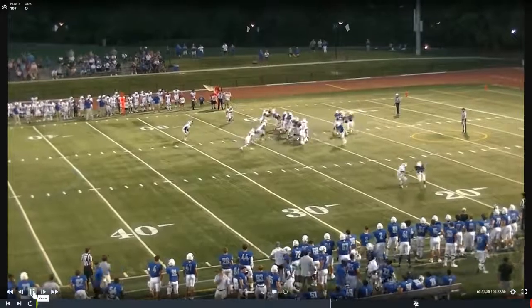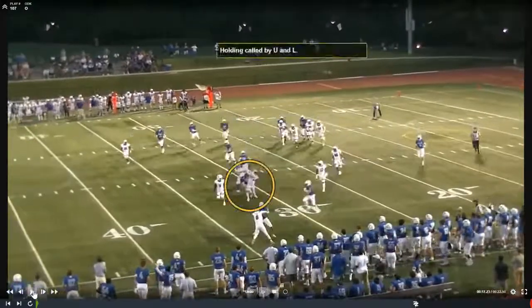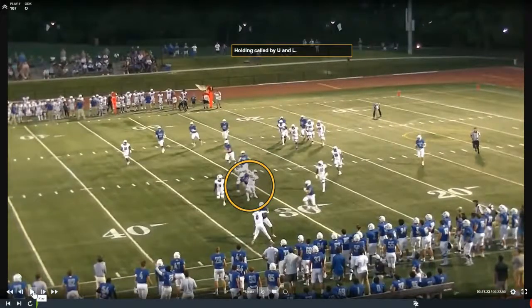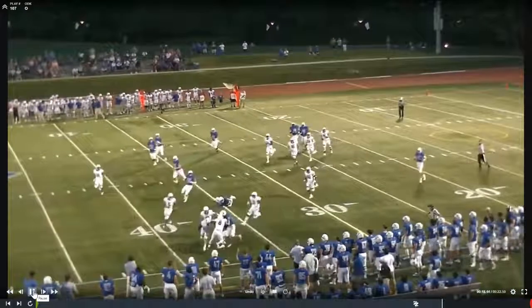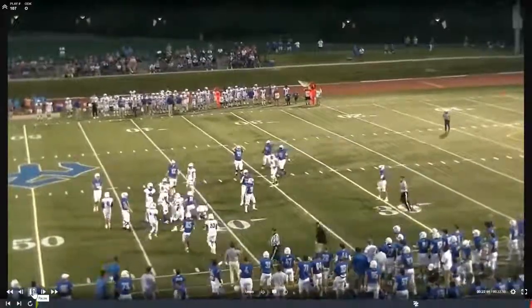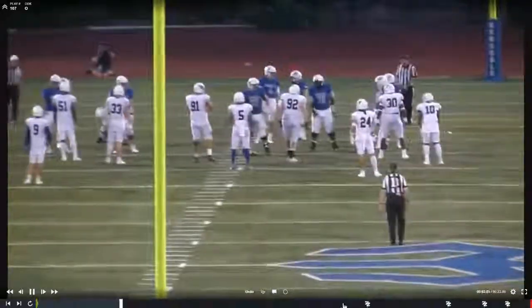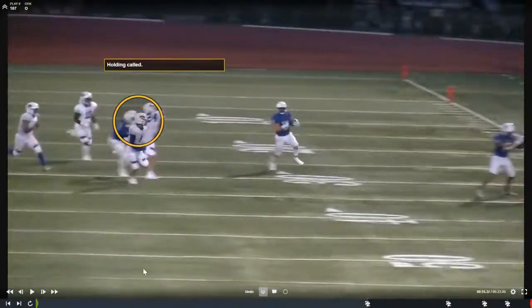On this play, we have another example of extracurricular activity that doesn't belong in the game of football. We have a hold here on the inside that's picked up by both our short wing and our umpire, which is good. However, we want to make sure we continue officiating through the end of the play. From the end zone view,